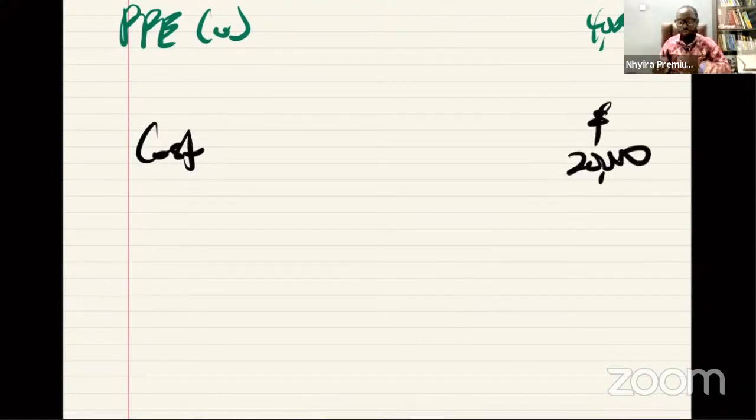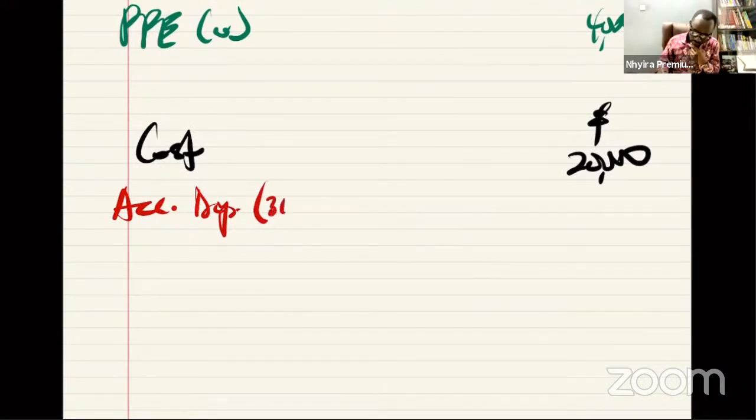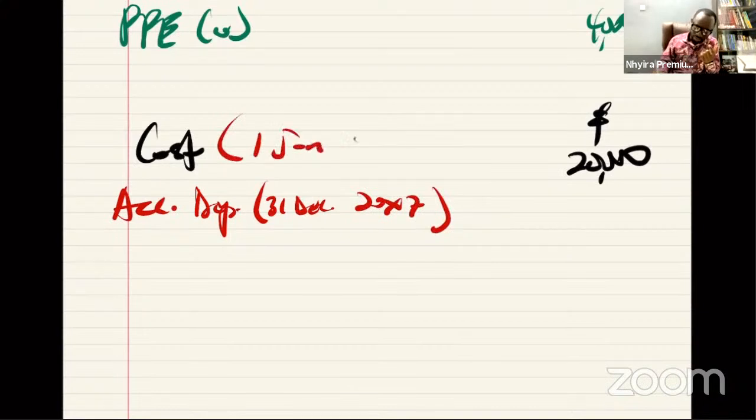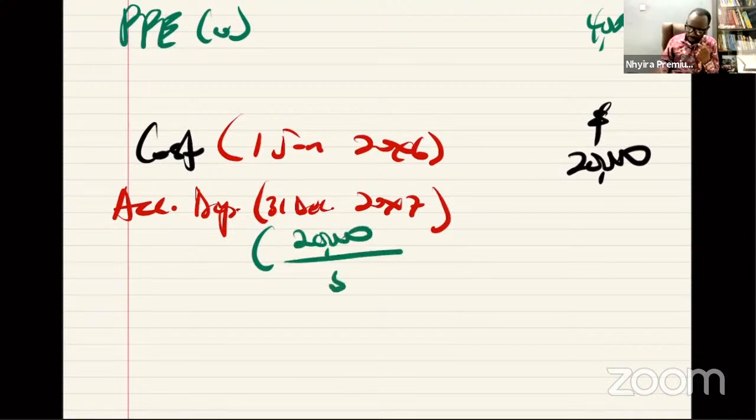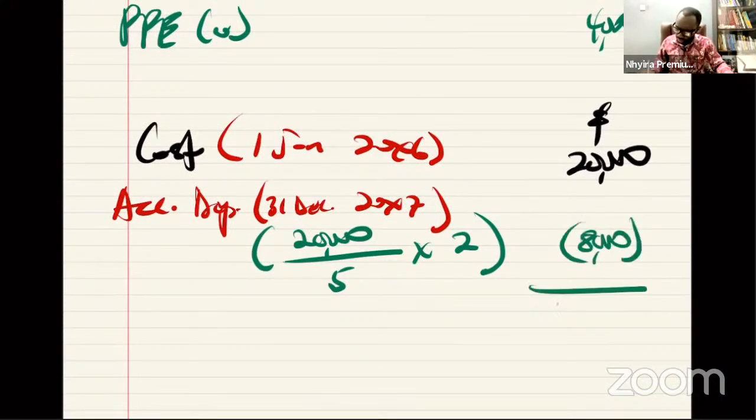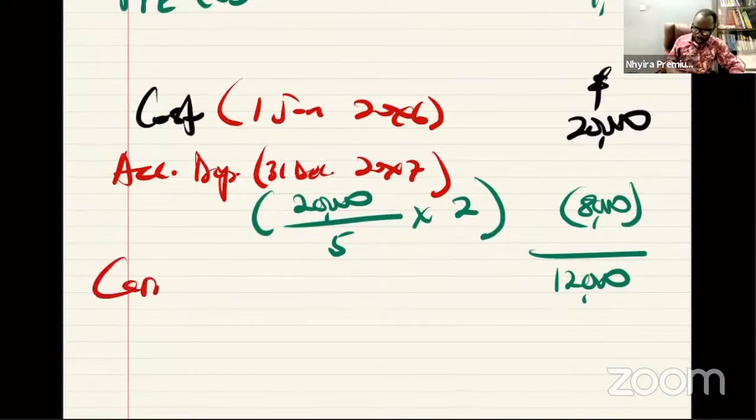20,000. Then we are in the third year. So I could do accumulated depreciation as at, let's say, 31st December 20x7. That will be 2 years because this is the cost at 1st January 20x6. So that's 2 years. So I'll do 20,000 over 5 times 2. So 20,000 divided by 5 times 2. That's 8,000. Then I get 12,000. That's the carrying value or the carrying amount